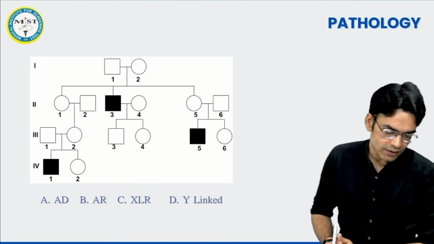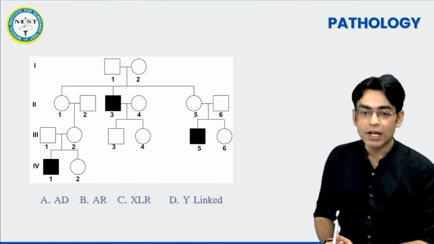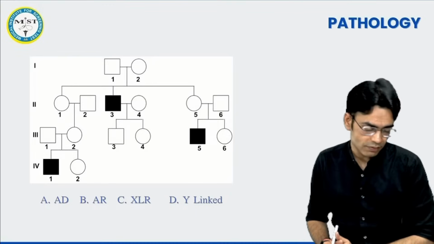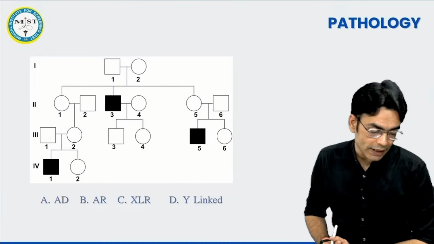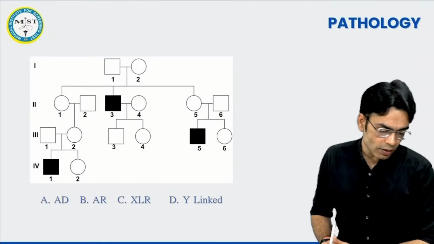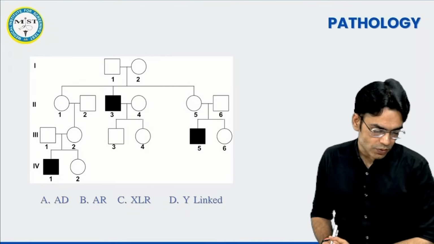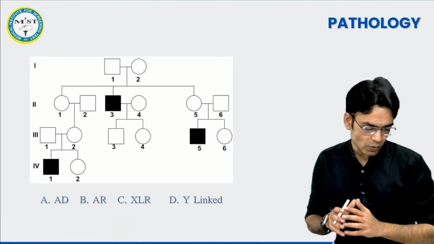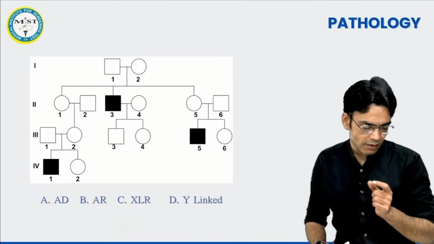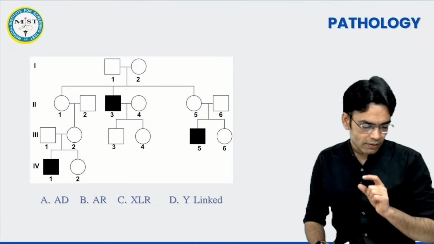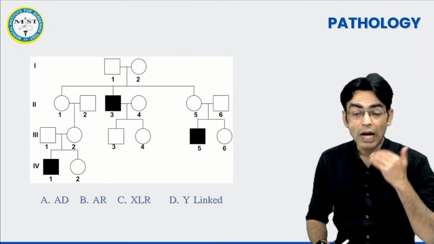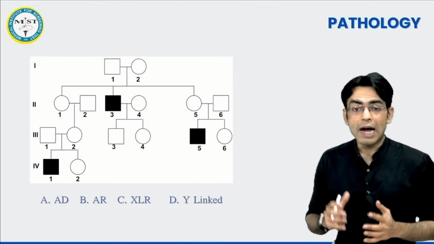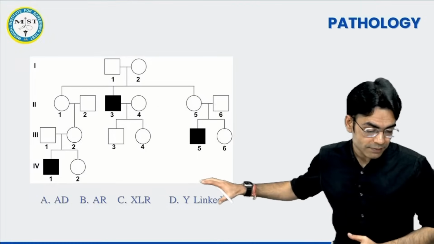Nice. Okay, Hitesh, I've seen your answer. You are saying it to be autosomal recessive. Somebody has said autosomal dominant. You have said Y-linked. Rahul, again AR. Okay, so it is between B and D. Generally people are saying either it is autosomal recessive or Y-linked. Look, now you have to be careful here. Many of you are saying it's Y-linked.